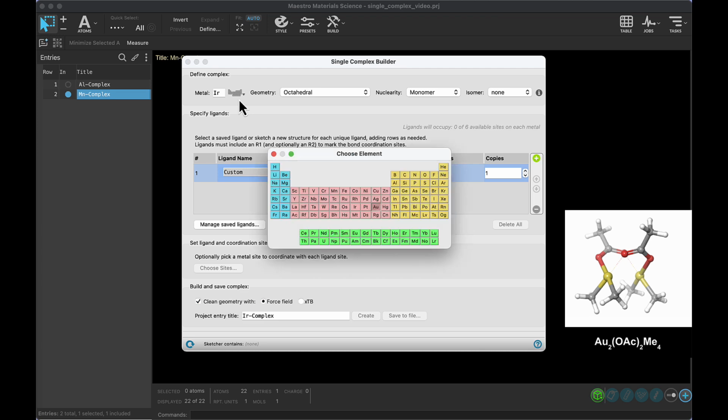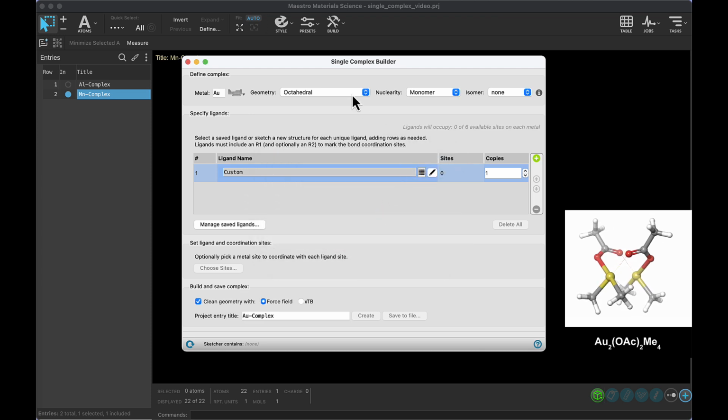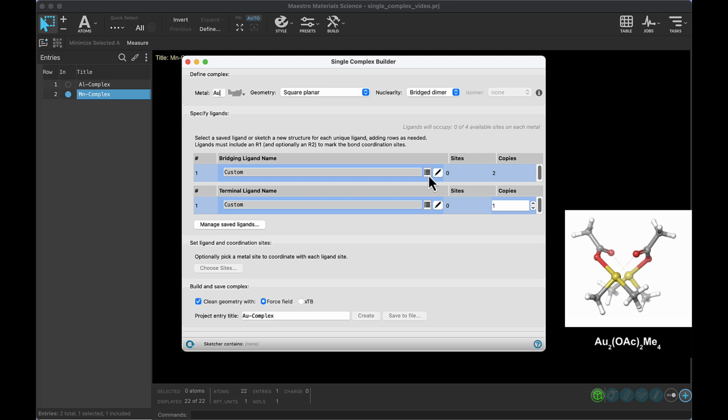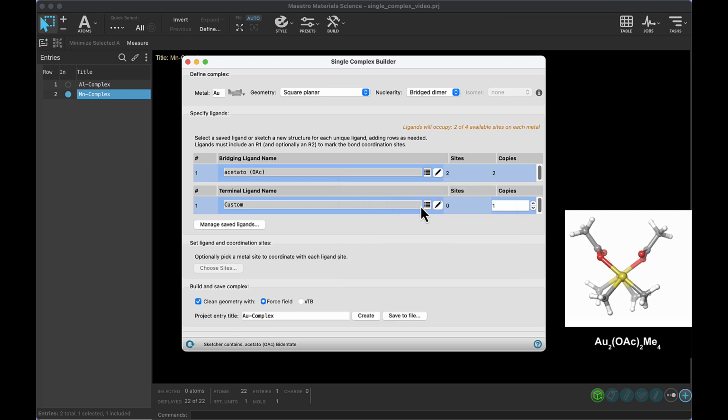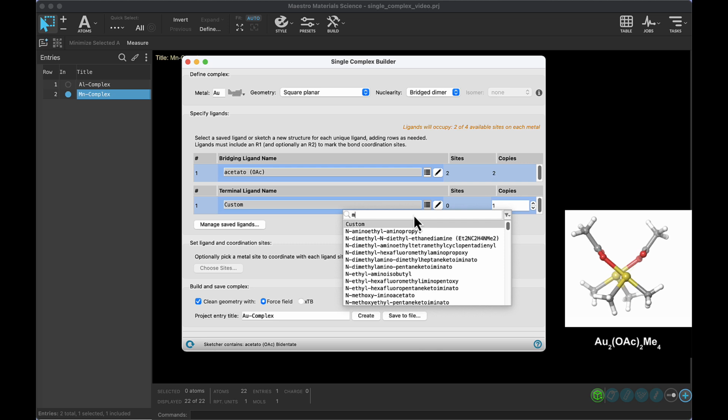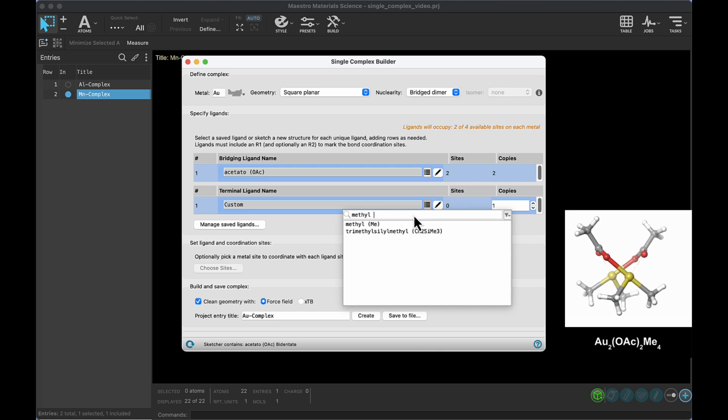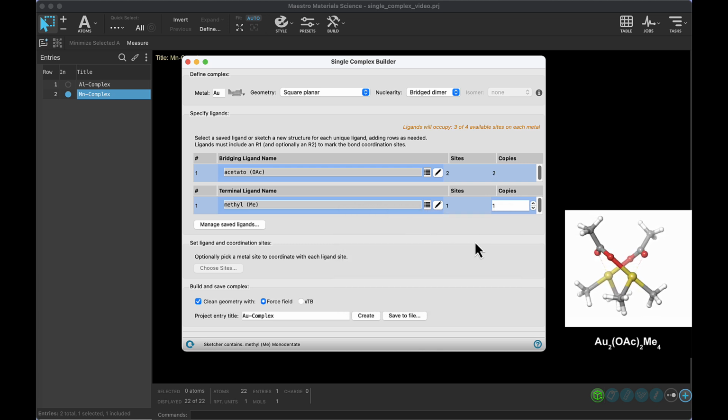Next, I'll build a bridged dimer, Au2(OAc)2Me4. In this structure, the gold atoms are not directly bonded. Instead, they are linked by the bidentate acetato ligand. This bridged dimer is characterized as a square planar bridged dimer, with acetato serving as the bridging ligand and methyl